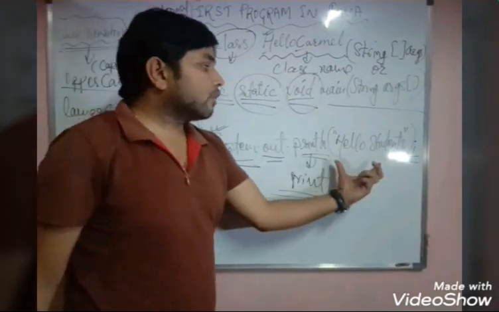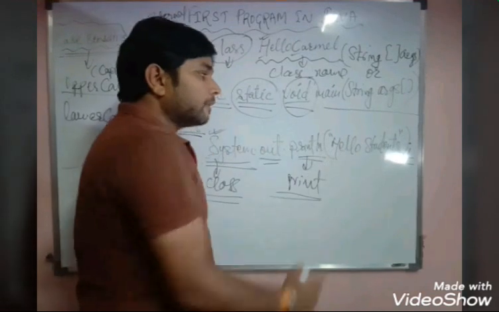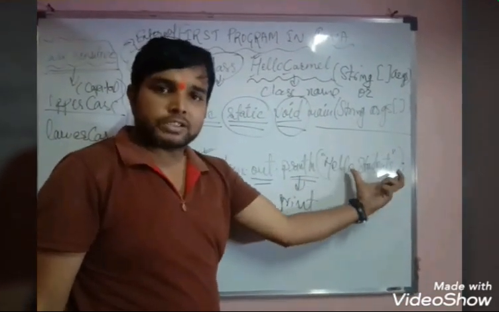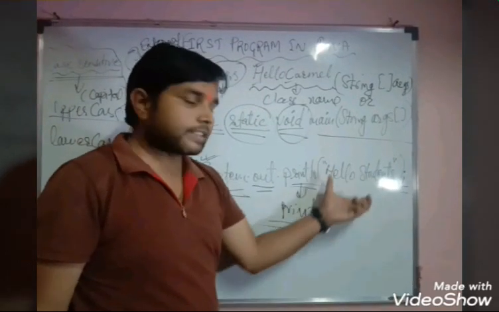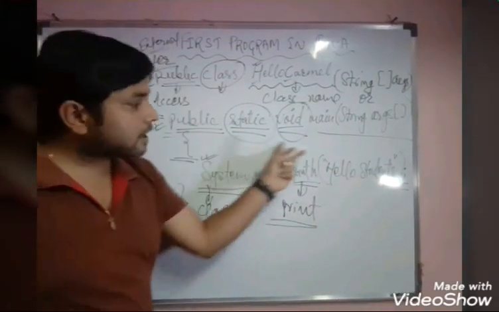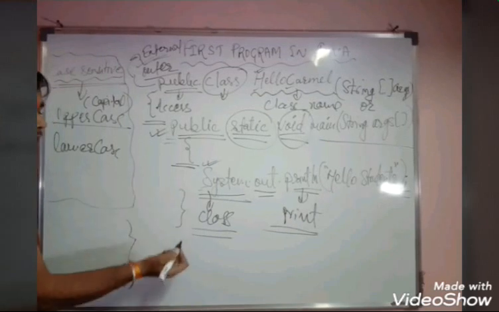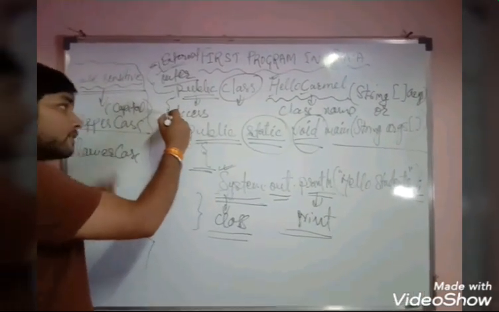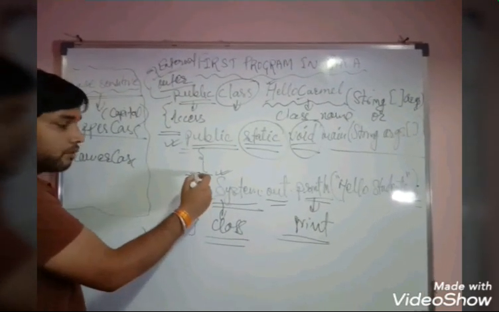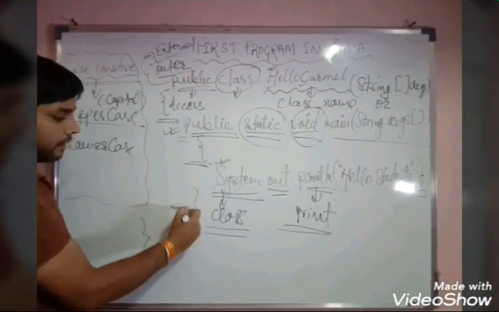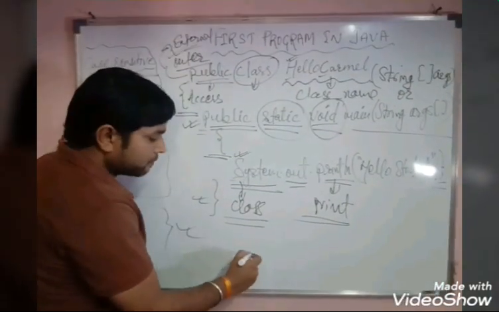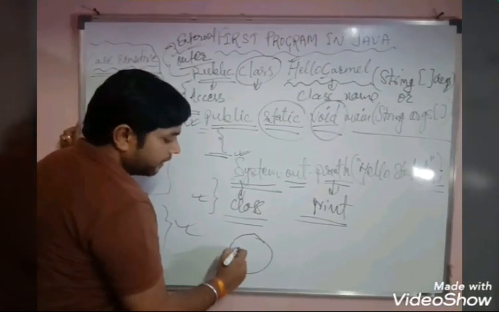You also have to know that if you are printing any message, you have to write it in double quotes. If you are writing anything in the double quotes, then this message will print as it is. So after writing this Java program, you have to close all the curly brackets which are open. Here mainly two curly brackets are open, so you have to close the first curly bracket, then again this one is also closed. So now the first program is ended.